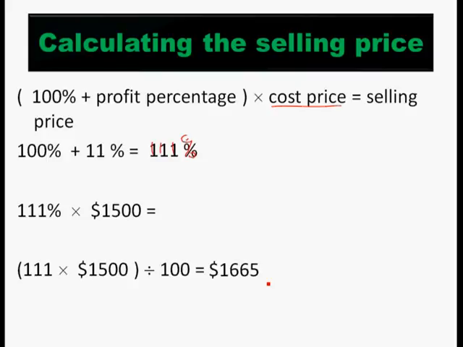So that is the method that you will use to find the selling price. Once again, let me show you how to write it normally. When you have 111 over 100, times 1,500. See? So all I simply do is just take this